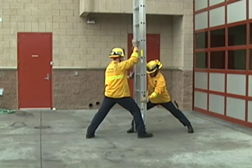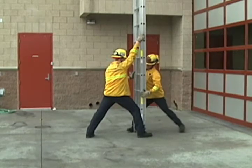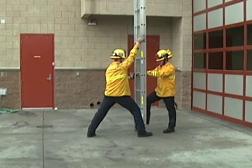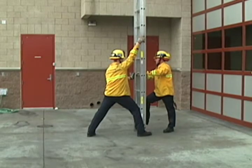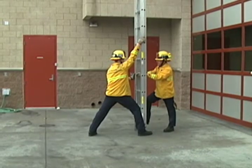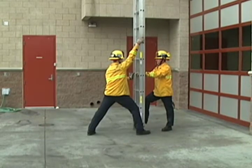Once that's done, base person will step out from his foot wrap, place his right foot on the bottom rung, and both hands on the rung about chest high. State prepare to lower ladder, give an all clear, and then give the command lower ladder. On the command lower ladder, the tip person will step back